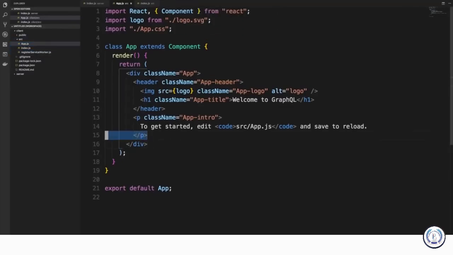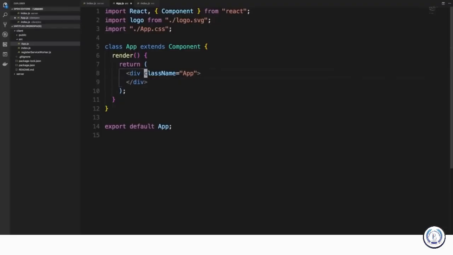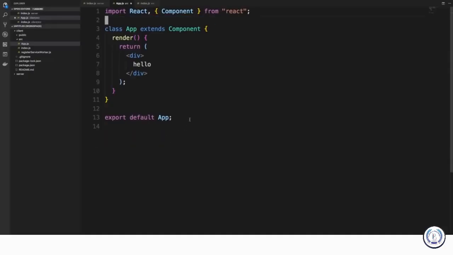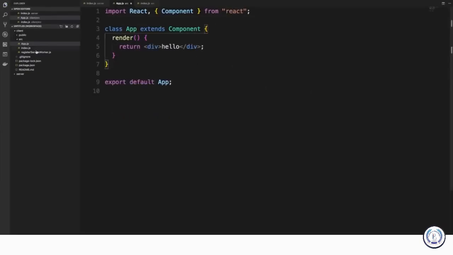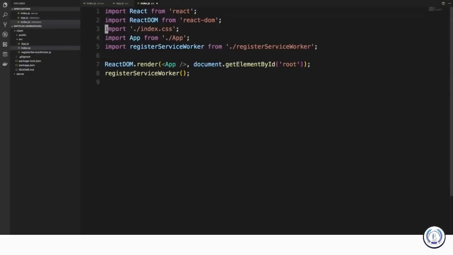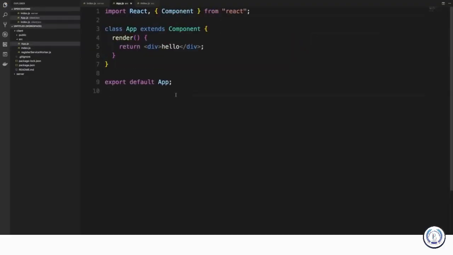We can clear out all this code right here and simplify it a little bit. We can just say div hello and get rid of these things at the top. The things at the top are just import statements using fancier JavaScript syntax. And we just need import React. And in index.js, we can just remove the index.css. So if we come back over here, it should now be blank, just hello, and we can start adding our